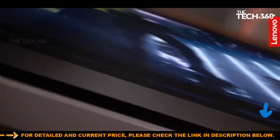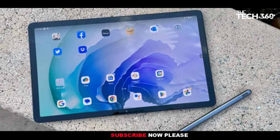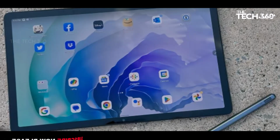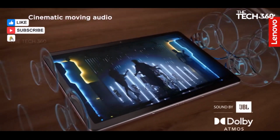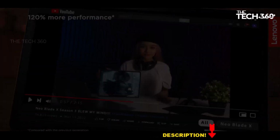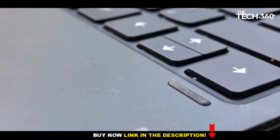With a resolution of 2,560 by 1,536 and a fluid 120 Hz refresh rate, the display elevates the tablet into a realm of visual excellence. Whether indulging in comics, videos, or games, the Lenovo Tab P11 Pro Gen 2 transforms the viewing experience into a